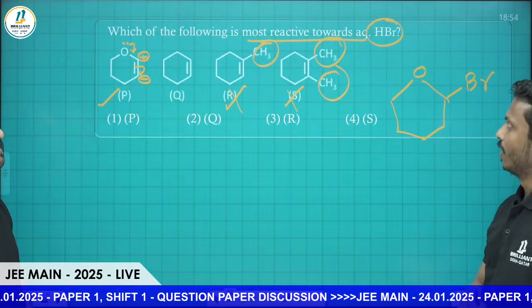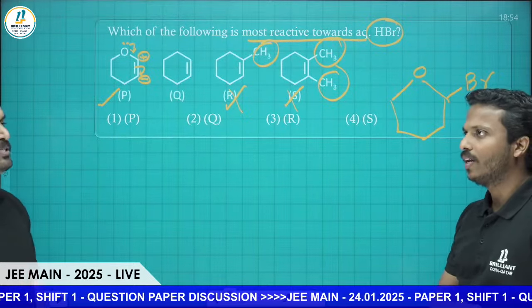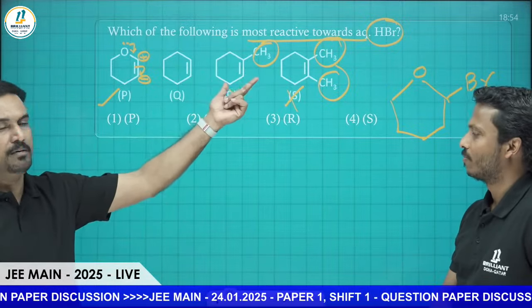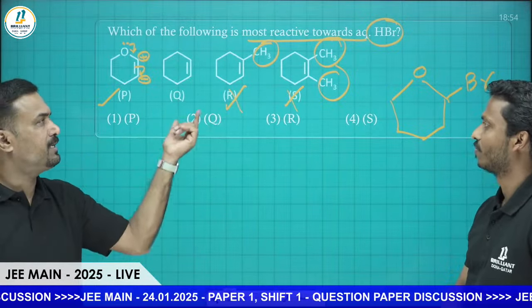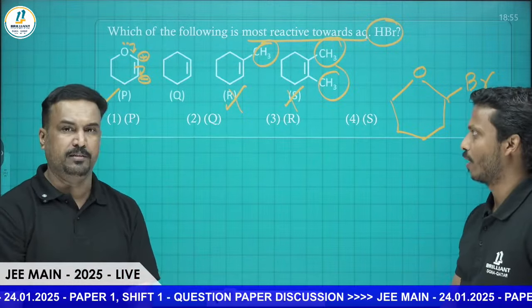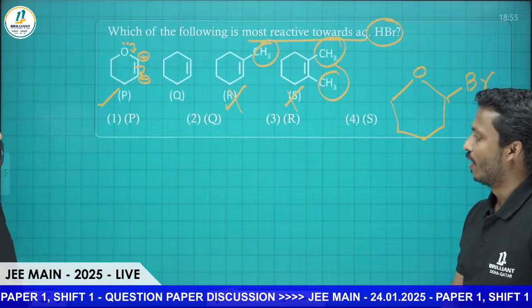Br will attach over there. Okay, so that we can say that electrophilic addition reaction depends directly upon the carbocation stability, the stability of the carbocation. Okay, next question is